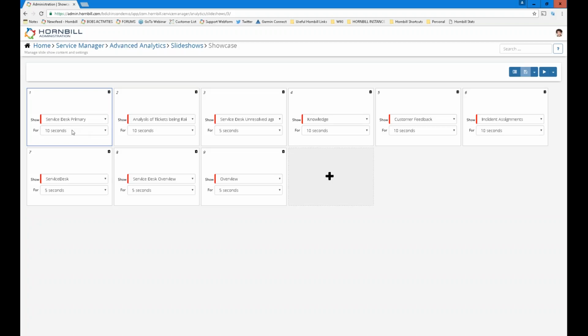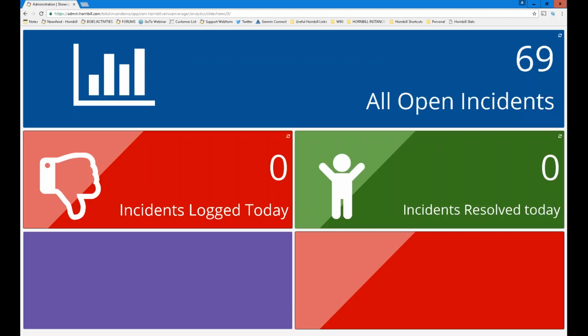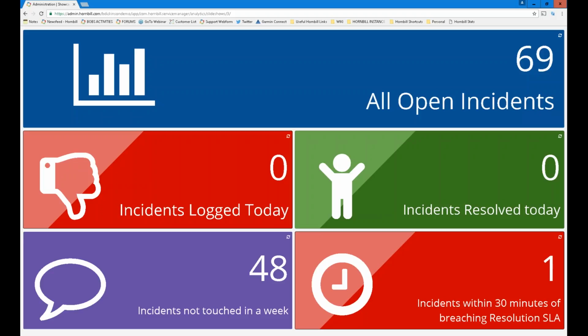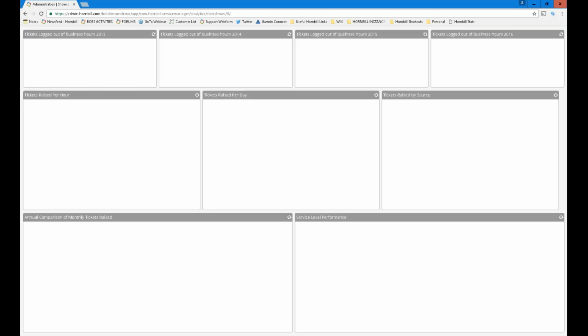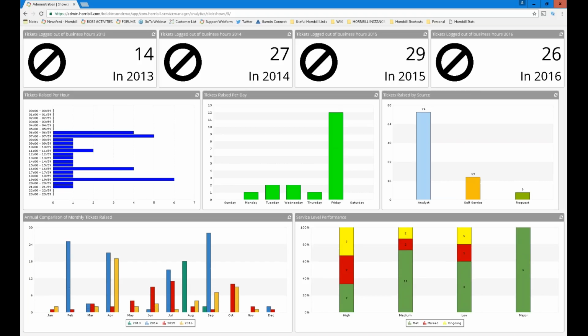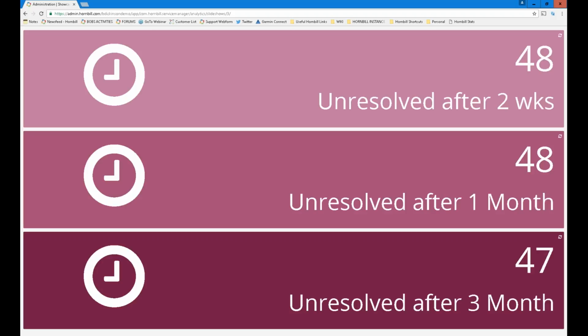you can see you can define the actual dashboards themselves and the amount of time each one is on the screen for. Let's play it. So there we are. What you'll see here is actually that's 5 different widgets all displaying different counts here, and after a number of seconds that will automatically scroll through to the next screen. So we've got all sorts of charts going on, tickets raised per day, tickets raised per source, and you can actually make them look really smart, and you can capture a hell of a lot of information from the back